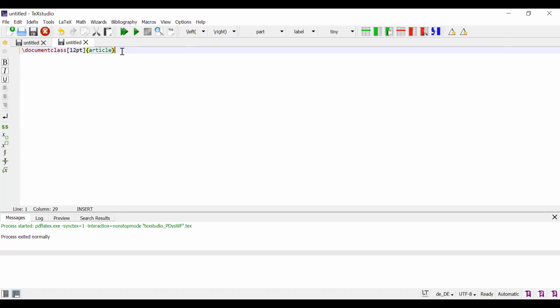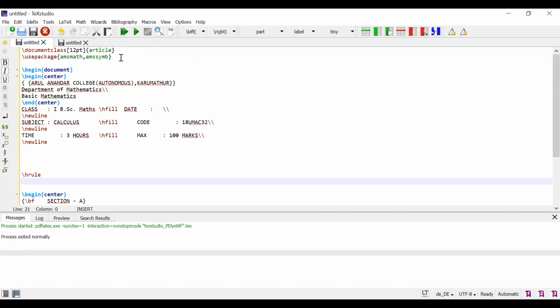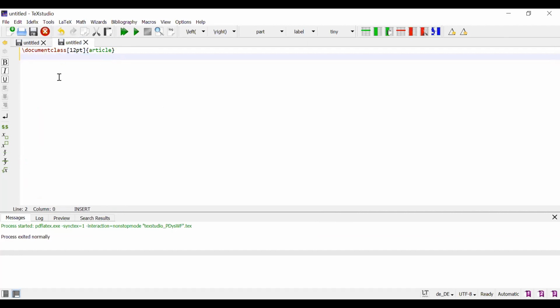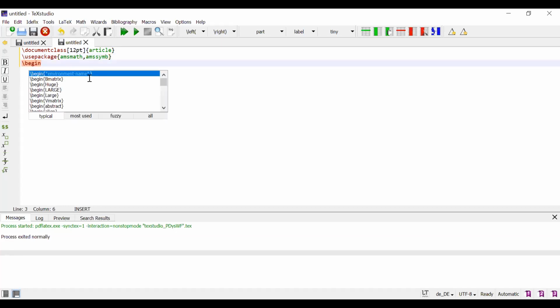Next, we can use the packages, and I just take it from this, Control V. Next, begin document.